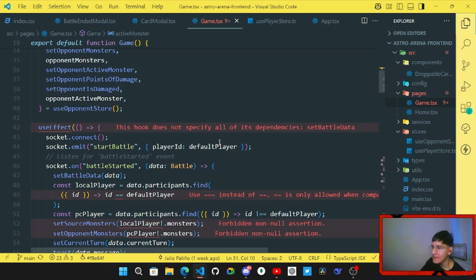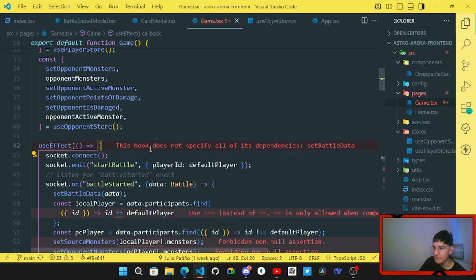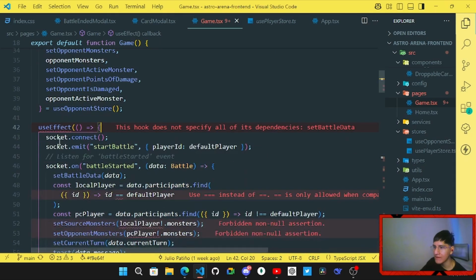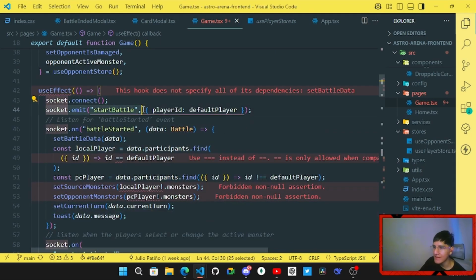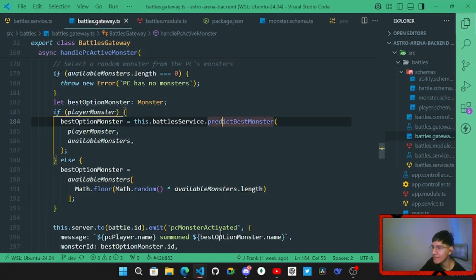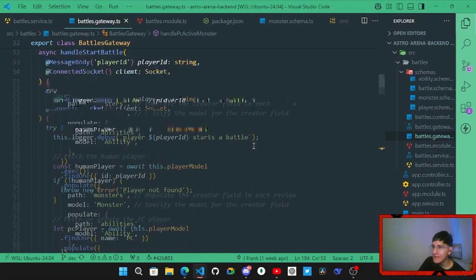Another thing is I used websockets to communicate with the backend. So as you can see here, I connect the socket and then emit a start battle event. Then here in the backend,